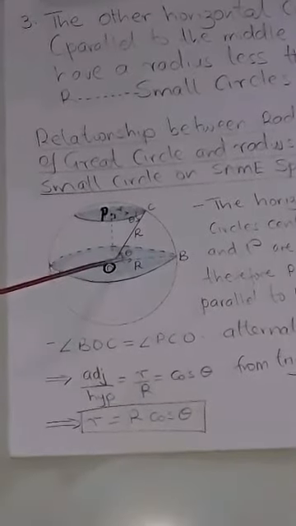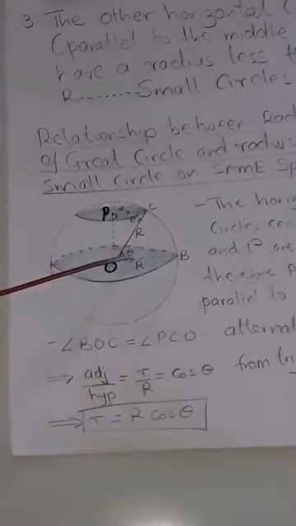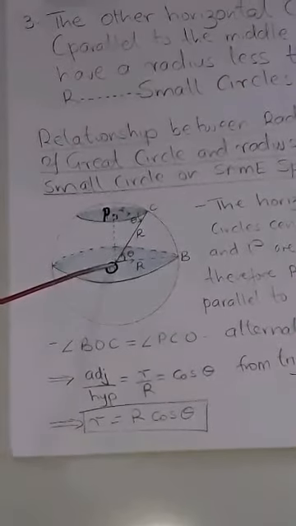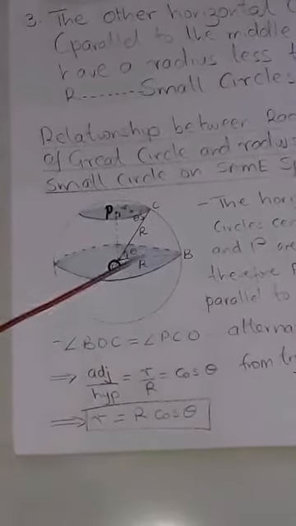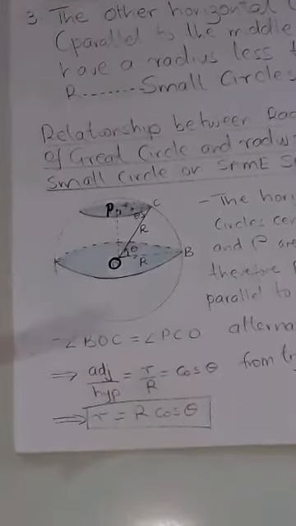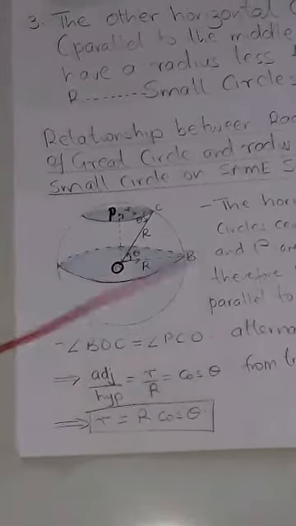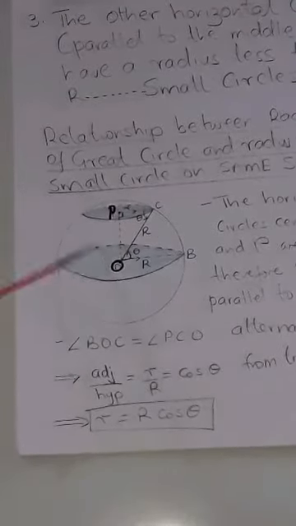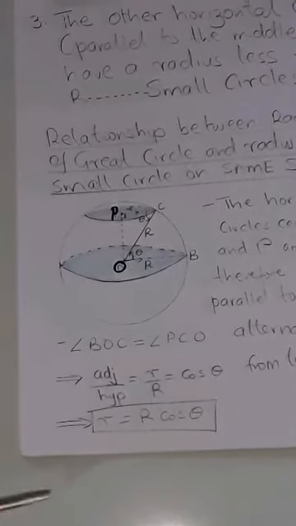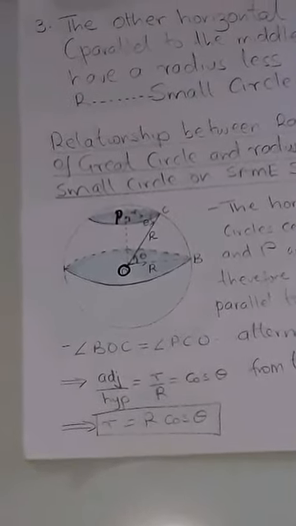We want to look at what is the relationship between r small and R capital. Consider this angle theta. This angle theta lies on a transversal which has the length of R. Remember, the radius of a sphere is the distance from the center of the sphere to the surface. So OB is a radius, OC is a radius, and any other distance from the center to the surface becomes a radius of the sphere. So now I want us to extract